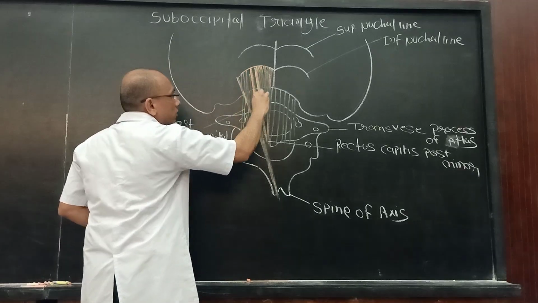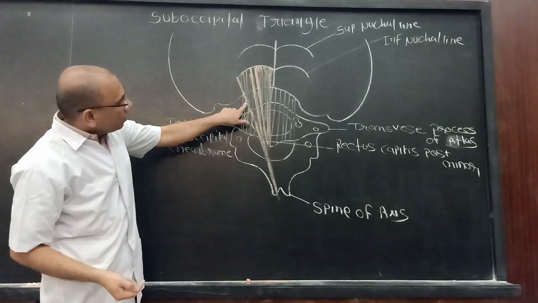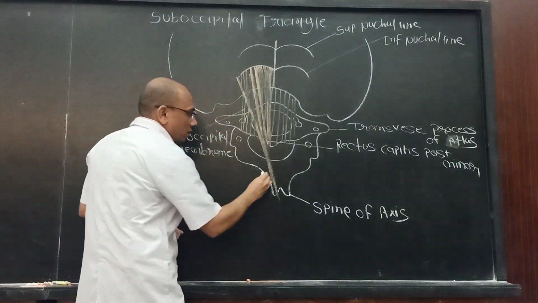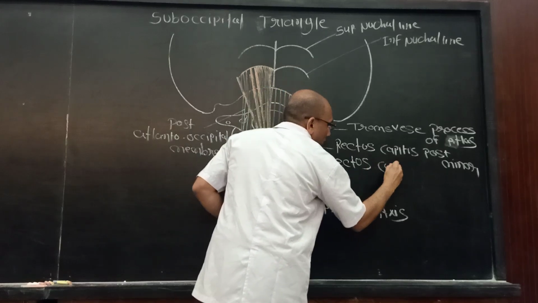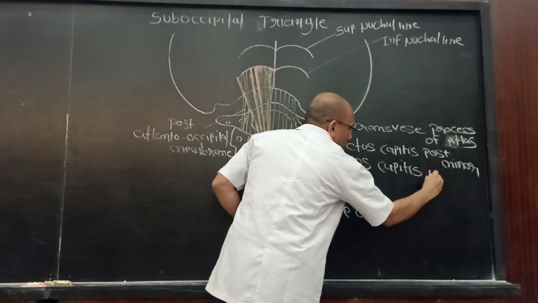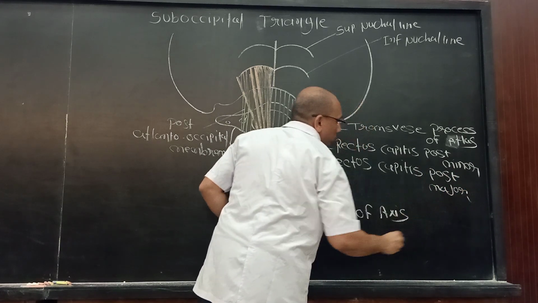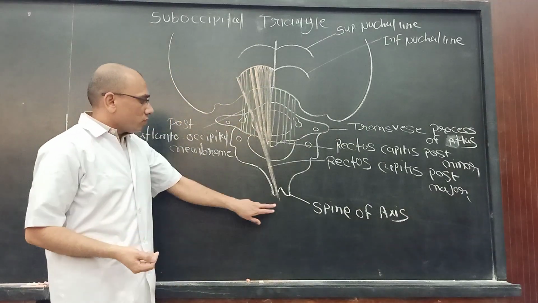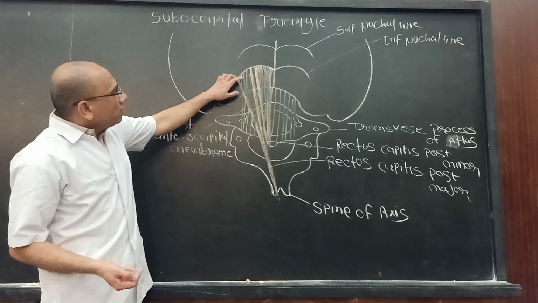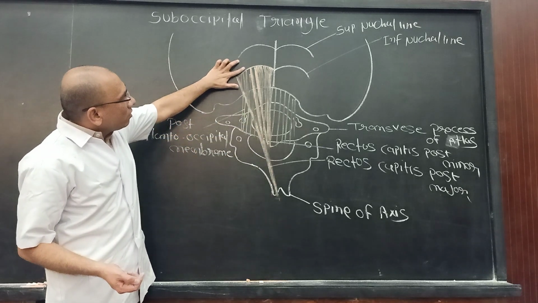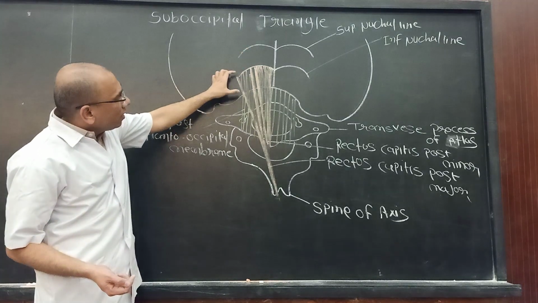So we can identify two muscles. This one is rectus capitis posterior minor and on lateral side rectus capitis posterior major. Rectus capitis posterior major, which origin from the spine of axis vertebrae, this fiber going upward and backward, which is inserted on this lateral part of the inferior nuchal line and area of the bone below it.